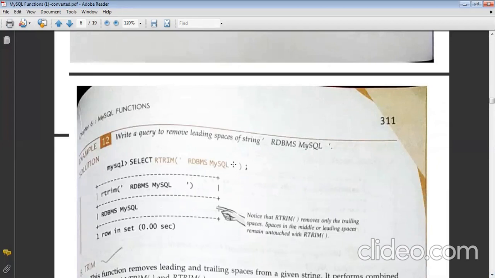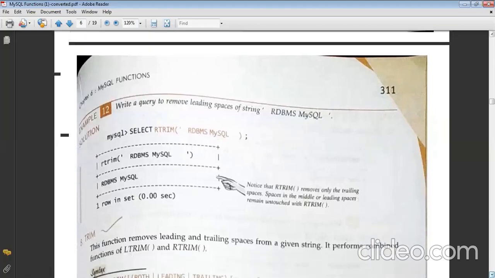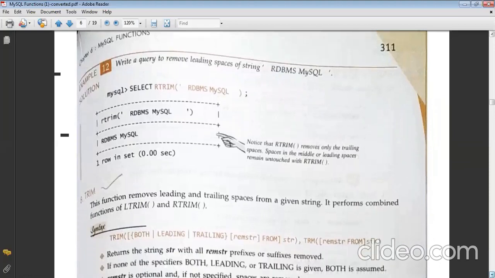Even in fact, they have not used the quotes over here, which is mandatory to use. You can see it in the column. So this space needs to be removed. So they have removed it using rtrim. So this is how you can actually use rtrim. You may expect this kind of questions in your one marking.